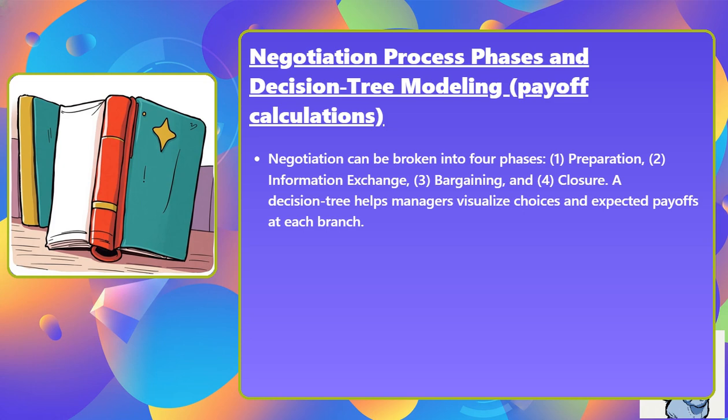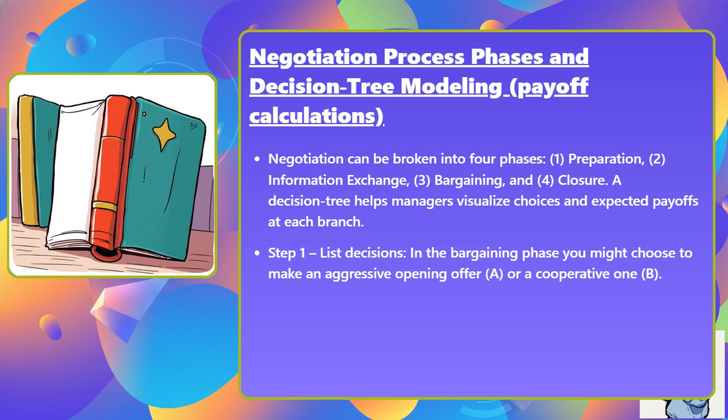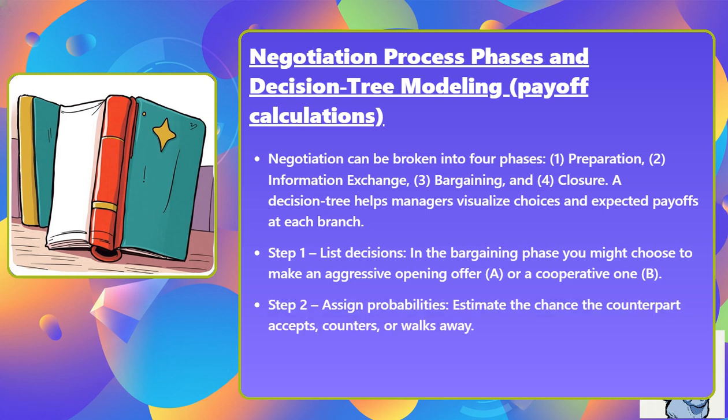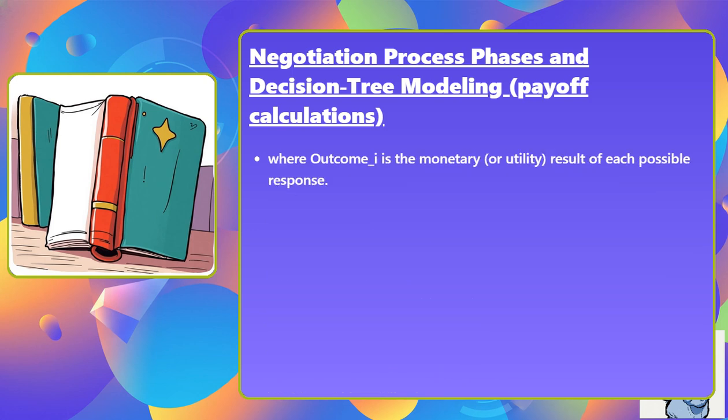A decision tree helps managers visualize choices and expected payoffs at each branch. Step 1. List decisions. In the bargaining phase, you might choose to make an aggressive opening offer, A, or a cooperative one, B. Step 2. Assign probabilities. Estimate the chance the counterpart accepts, counters, or walks away. Step 3. Compute payoffs. Use the formula: Payoff equals sigma of probability i times outcome i,